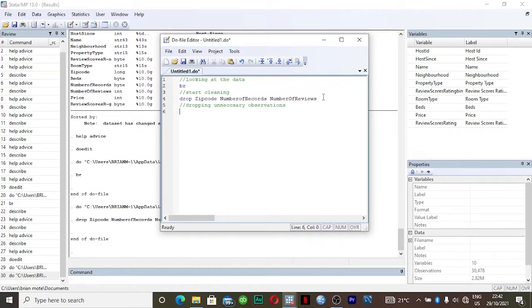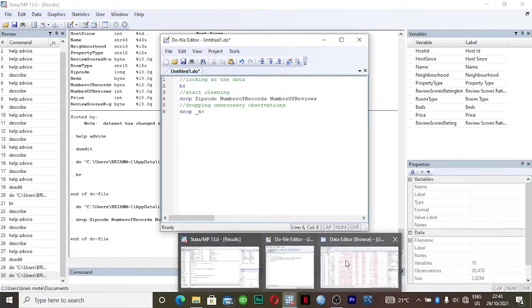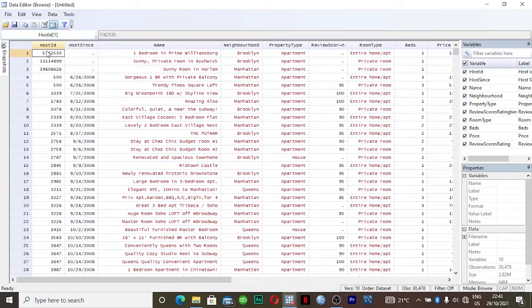So you can write drop if underscore n is less than 4. Let us check: the first three, so less than 4, drop.